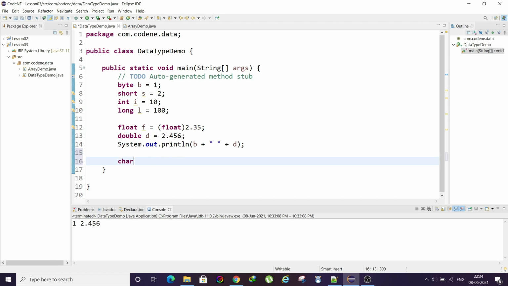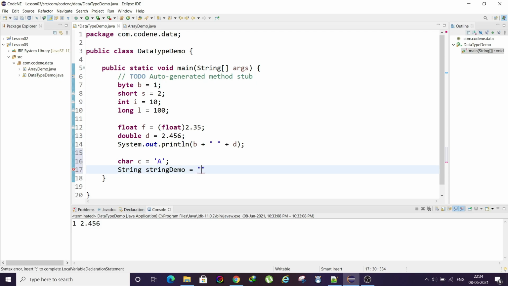Before we discuss string, another data type I missed is character. We can declare character as char c equal to a. As we said previously, character is the data type which will contain any alphabet or special character. Likewise, string is a collection of characters.